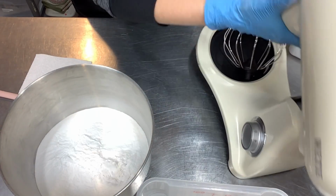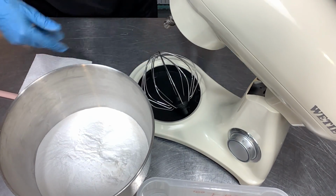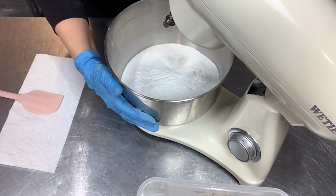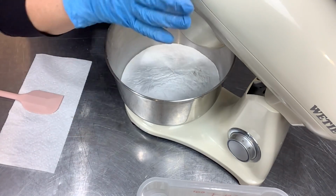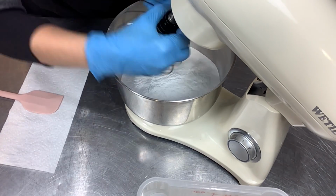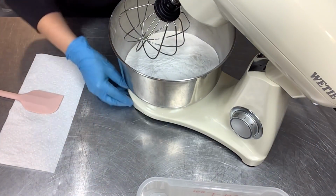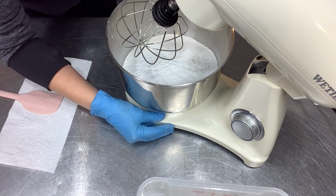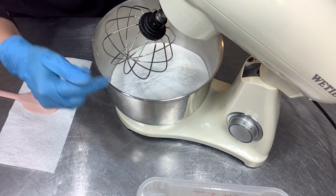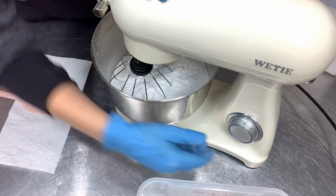Now I'm going to pull over my fancy, inexpensive stand mixer. I'm trying to get an angle here where you can see it all. This mixer is hilarious. It was very inexpensive, and you can kind of tell it's inexpensive because it's a little bit cheesy, but it gets the job done. So, you know, sometimes you just do what you got to do. I'm trying to get a good angle. I'm not used to having the stand mixer here. I hope that's okay for y'all to see. Let me lower down my thing and